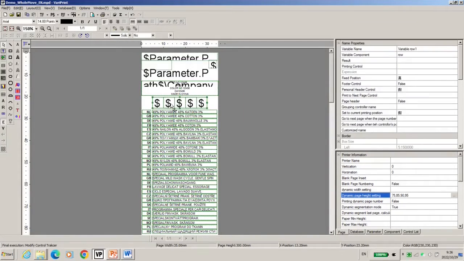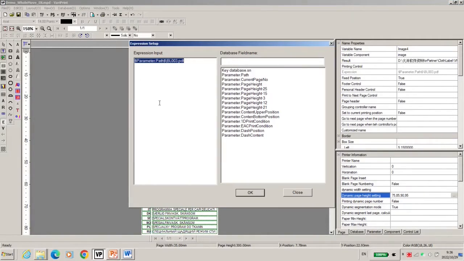Easy. Then the lower part is the wash icon. The wash icon has two ways to design. Here is one way. We drag a table using this button and separate it into 5 cells, and define each cell to link to a wash icon PDF file.